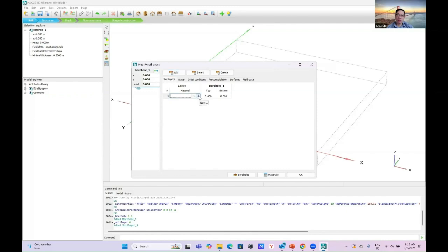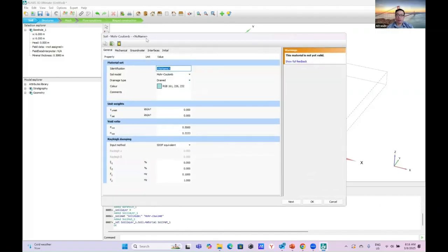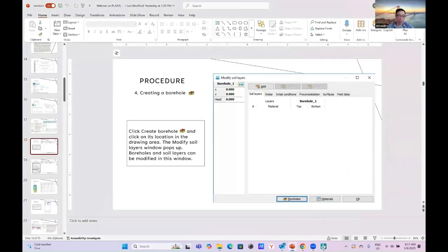Then after that you can click plus to have a new one. When you click plus, it will give you this particular feature. This is the part where you can key in the soil properties. For now, let's say we have a certain number of layers. So we try to follow the similar one as our